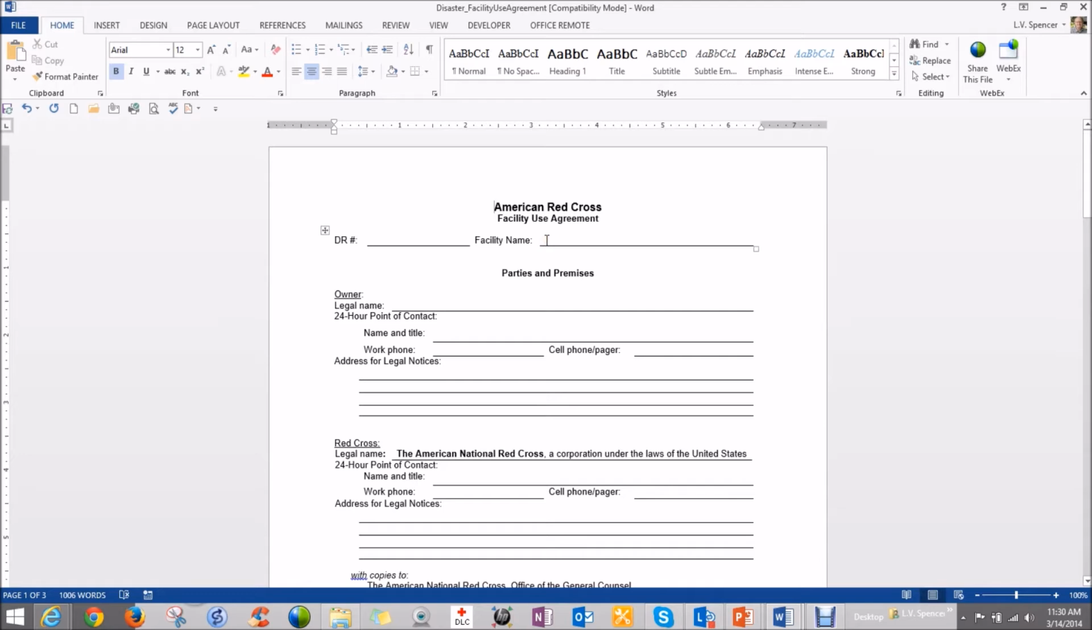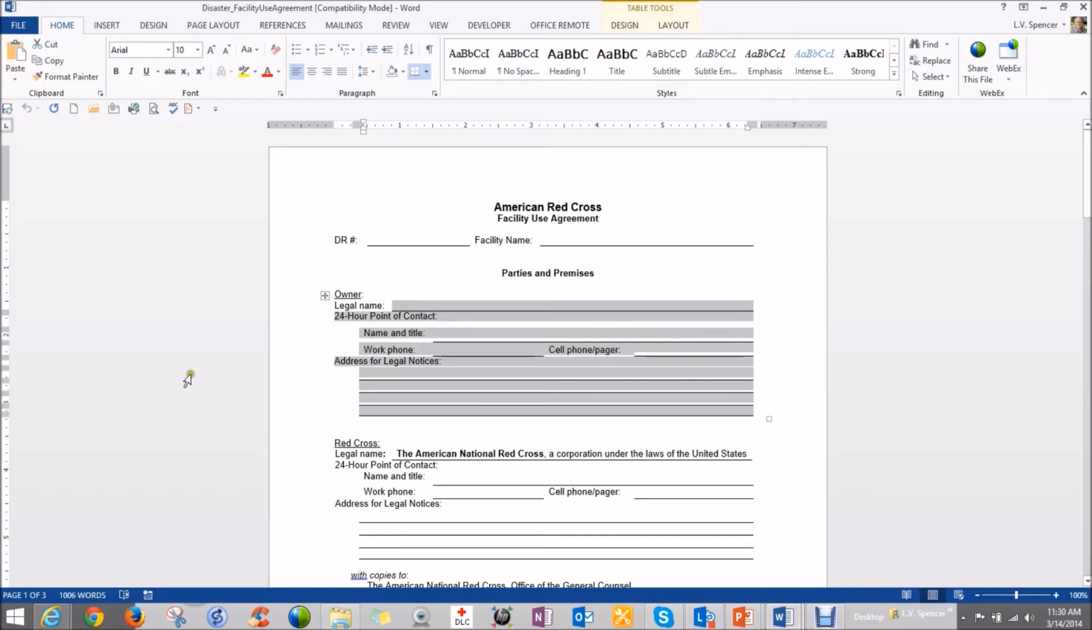And then we want to put in a facility name, and this is typically the type of facility that it is. This is going to be a staging area, fixed feeding site, and things of that nature. And you may not have that name until you actually have the DR and how you're actually going to utilize that facility. Going on down here, you want to put in the legal name and point of contact and the